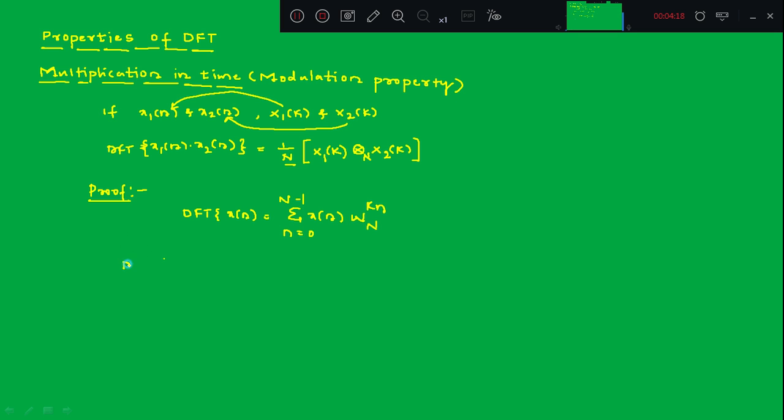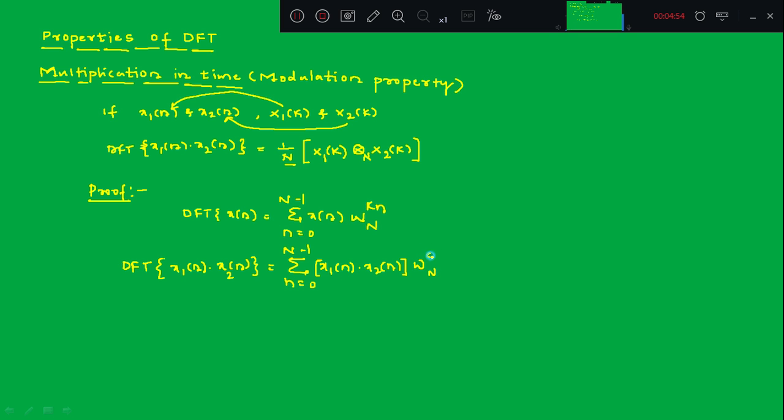So the DFT of the product of the two sequences, which is simple multiplication x1 of n x2 of n, is equal to summation n equal to 0 to N minus 1 of x1 of n into x2 of n, multiplied by